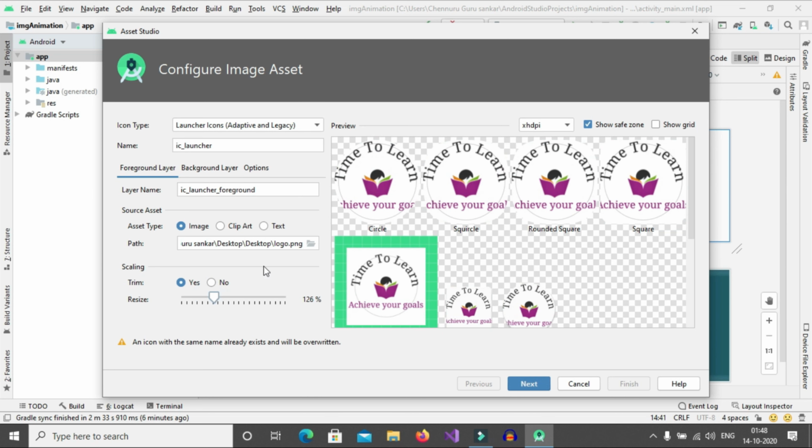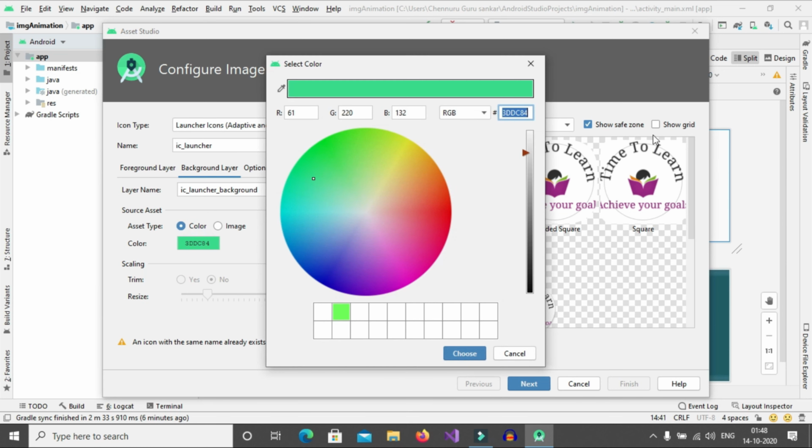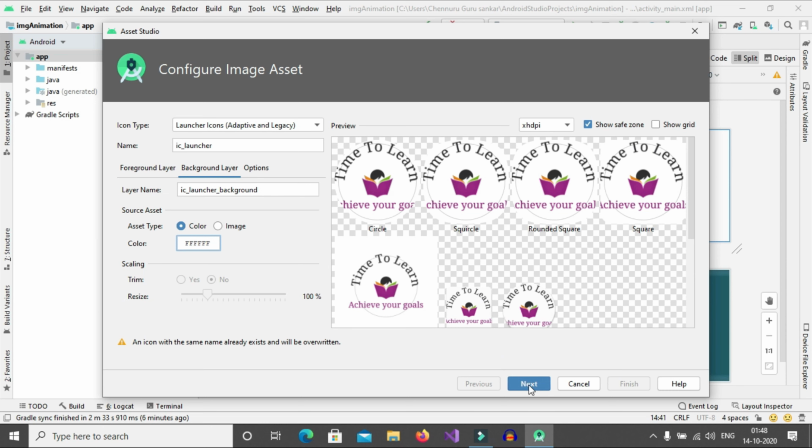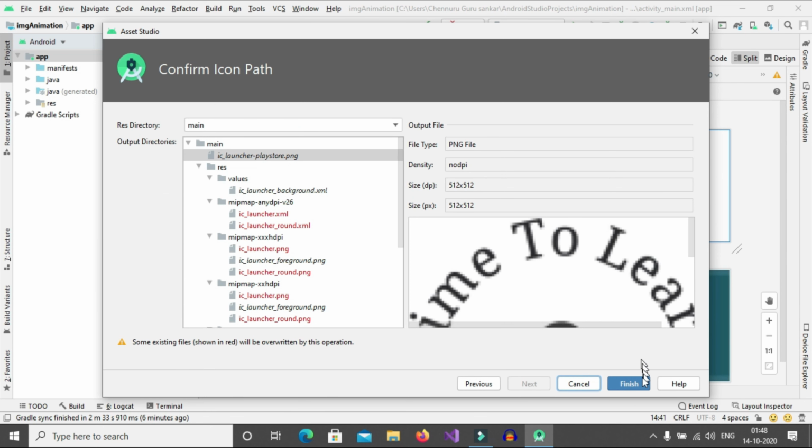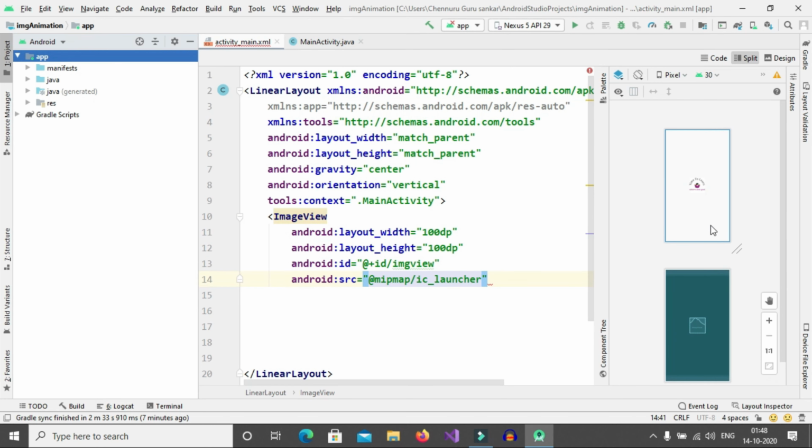If you want to add background, go here, then set color to white. Then click on Next, then click on Finish. Now you can observe that the image was changed here.